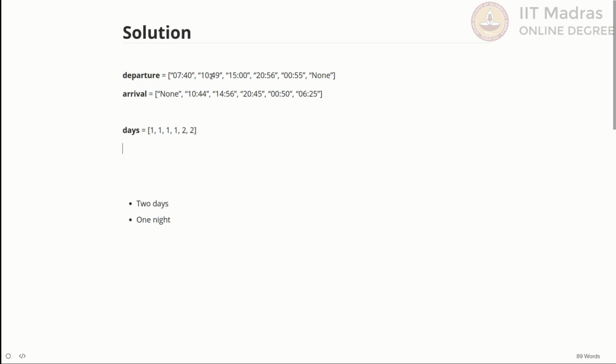After 10:49 it departs and reaches the next station at 14:56. This is nothing but 2:56 p.m. It makes a stop there. We are still in the same day, no change. Then it leaves at 3 p.m. The next stop is at 8:45, so we are still in the same day, mind you, and it leaves at 8:56. And finally, the next stop is at